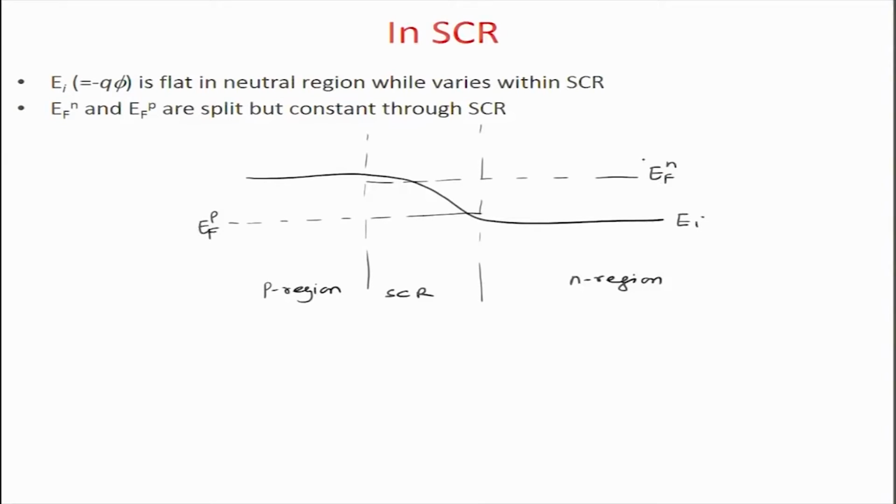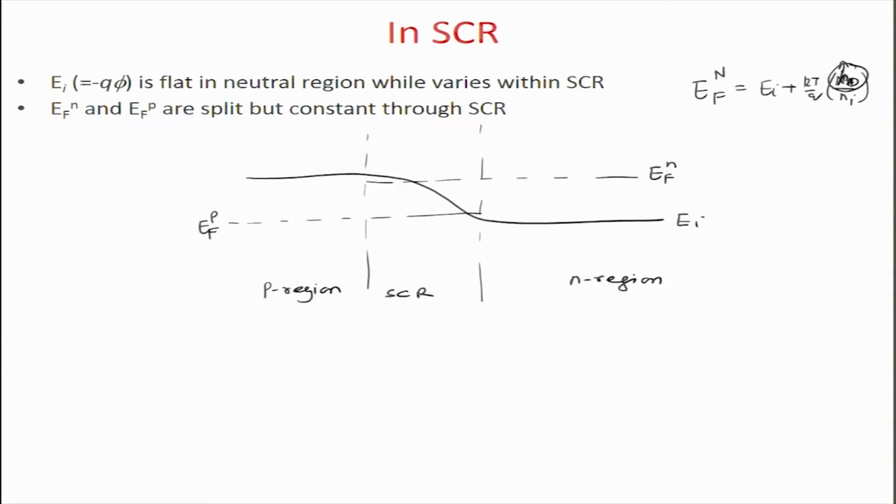So, as a result, the Fermi levels move away. The electron Fermi level, that is the n side Fermi level, moves up. It becomes more and more electron rich. On the other hand, the p side becomes more and more hole rich, so that the Fermi level moves down. And this is what we saw earlier, because remember EFN was equal to EI plus kT by q ln of ND divided by NI. So, as ND goes up, now in this case ND is not increasing, but n is increasing.